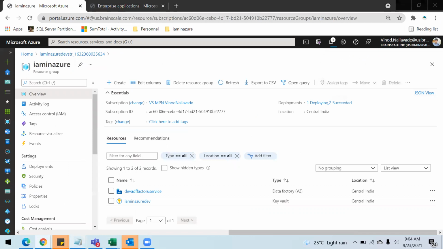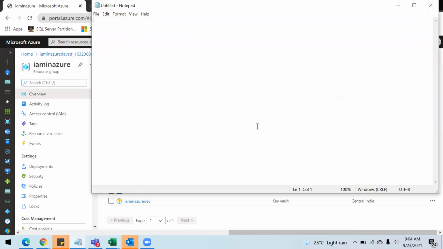So the services we have created till now are an ADF, then a key vault, then a storage account. So inside ADF, I'm going to create a pipeline, which is very basic again, a copy activity, which will copy data from one blob to another.